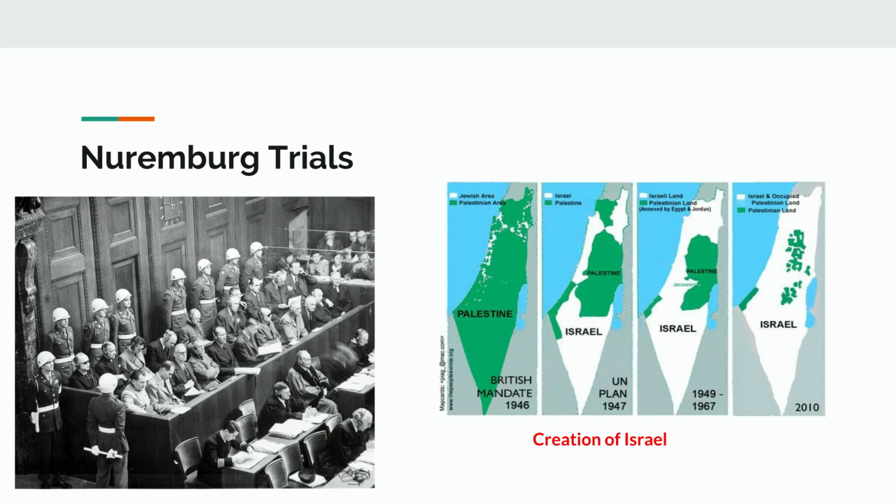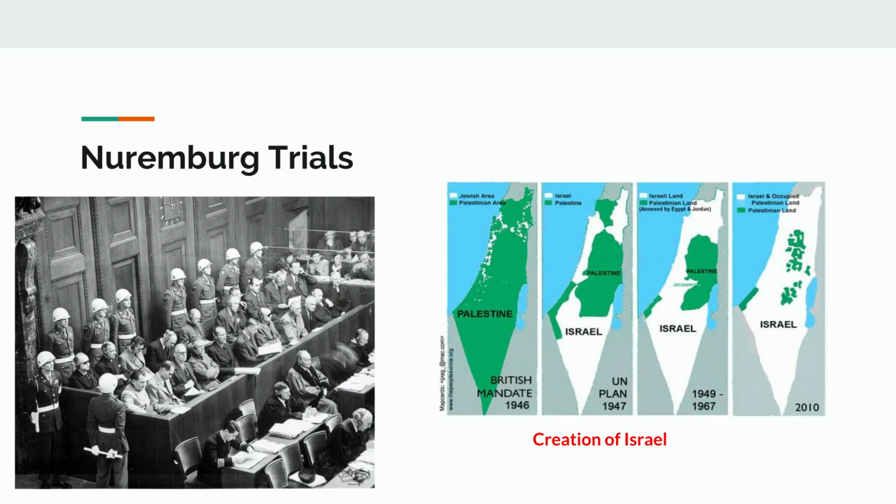As the war comes to an end and Germany is defeated, there became a big push to make sure that these Nazis face justice. And this is when we get the emergence of the Nuremberg trials. Nuremberg was a city in Germany where a lot of major rallies were done. And of course, we just mentioned the Nuremberg laws a few minutes ago. It's where these laws were put into place for the first time. So Nuremberg holds a significant and symbolic reason for them having these trials in Germany. And so they're going to put these Nazis on trial.